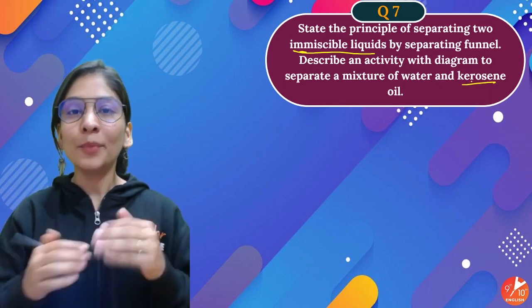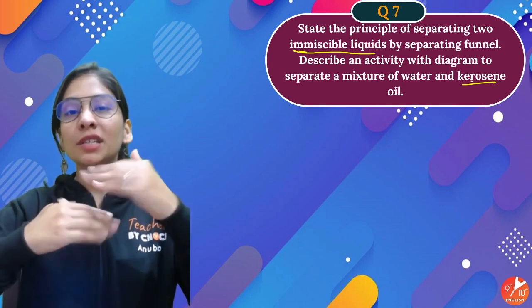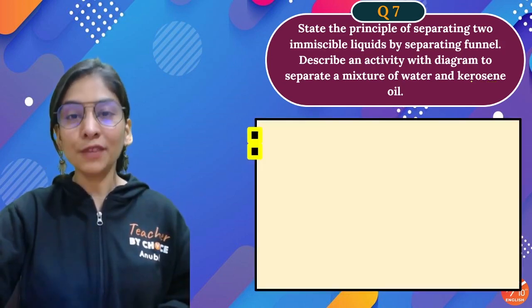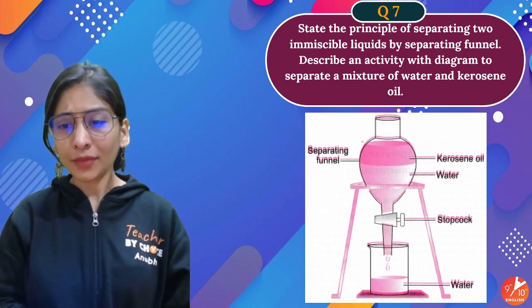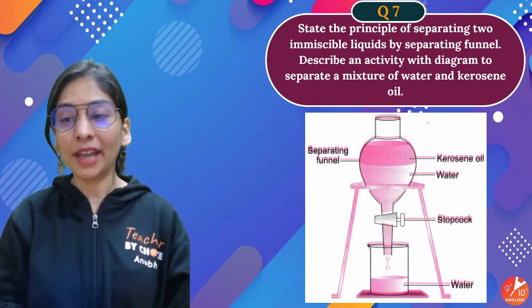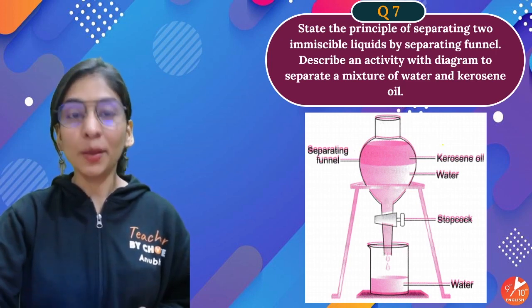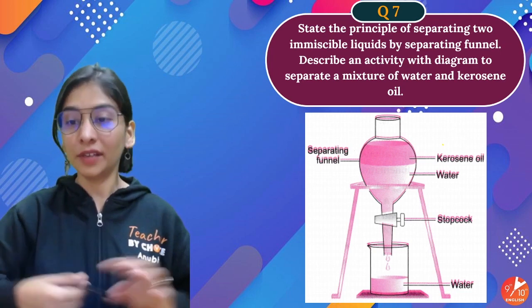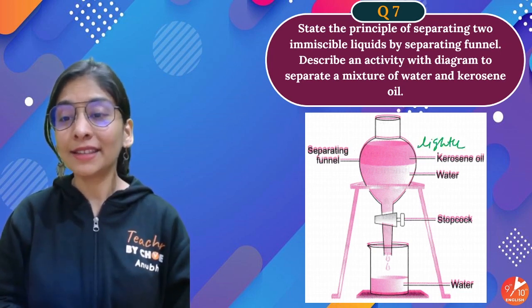Your oils are a bit lighter in nature than water, and it is a kind of heterogeneous mixture. When I put it in a separating funnel, I'll show you the separating funnel. This is the separating funnel. On the upside there will be kerosene oil because that's a bit lighter in nature. Downside there will be water because it is comparatively heavier in nature. And due to difference in their density,